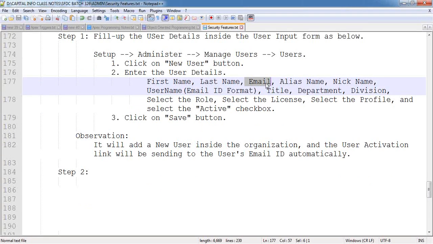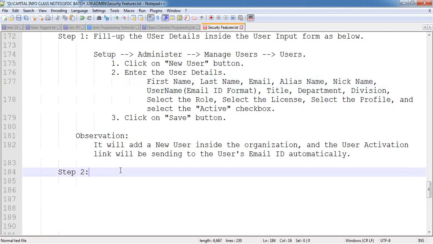Okay. So once the activation link has been sent to that user's email ID, from there, you know the steps are common, nothing different here. We have to activate that user account by clicking on that activation link, specifying the password, confirm password, security question, and the answer. From there, the user can log in to the application and start working on it. Okay. Now, in this case, as a step 2,